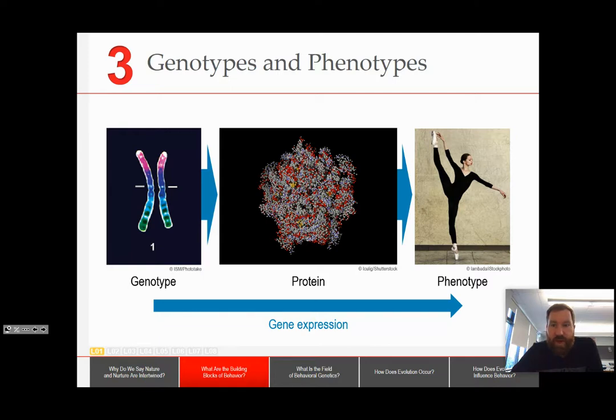genotype and phenotype are two very different things when we're talking about, say, eye color, right? So we know that eye color is dominant and recessive, right? We have dominant genes, recessive genes. Dominant genes are brown eye color, recessive genes, blue eye color. So depending on your parents, you can inherit a brown eye gene from your mom and a blue eye gene from your dad. You're going to have brown eyes. But you could also then have a child who has blue eyes because of the recessive genes that follow along.